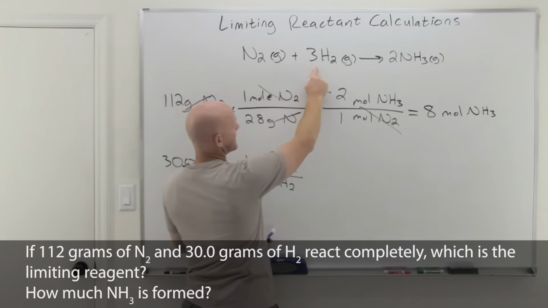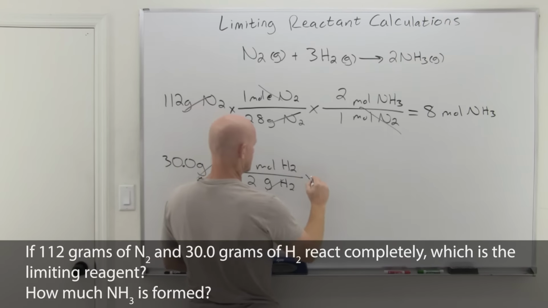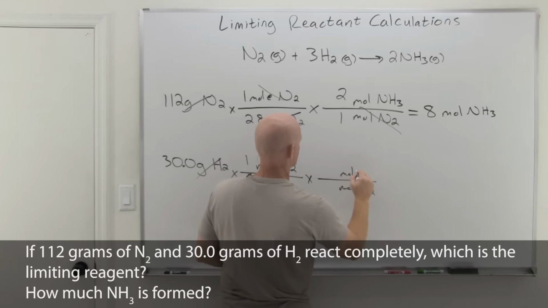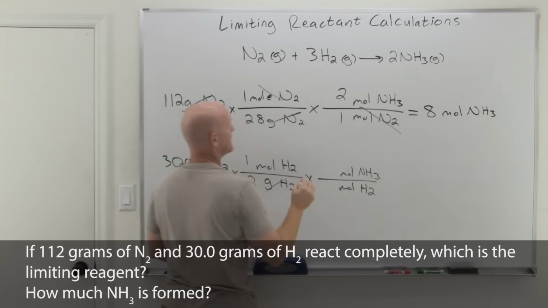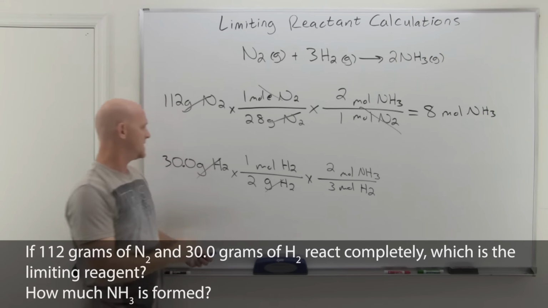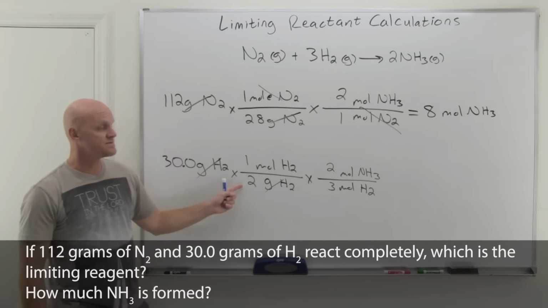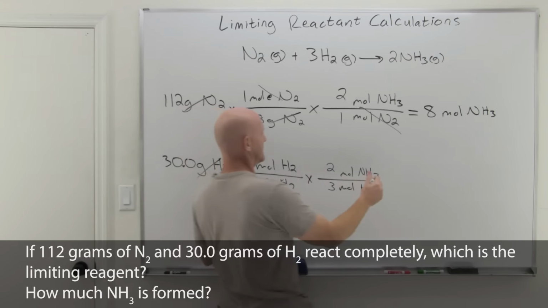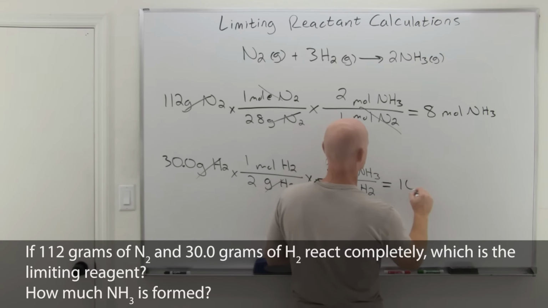And we can see that we've got a 3-to-2 mole to mole ratio. We'll put moles of H2 in the denominator, moles of NH3 in the numerator. And again, it's just the coefficients right out of the balanced reaction. So 2 moles to 3 mole ratio. And so in this case, 30 divided by 2 is 15, and 15 multiplied by 3 over 2, or 15 multiplied by 2/3, is equal to 10 moles